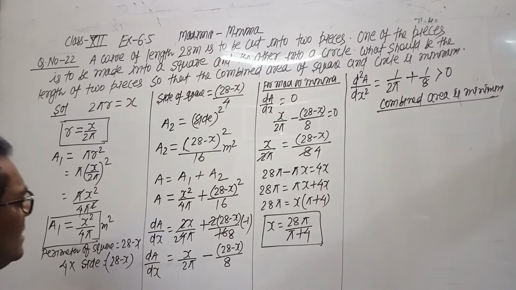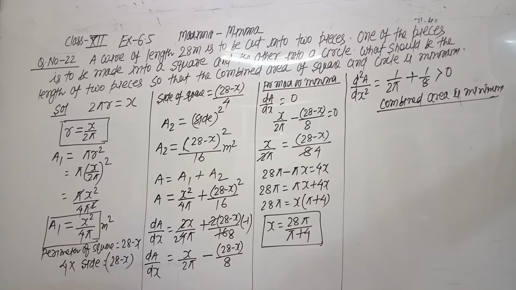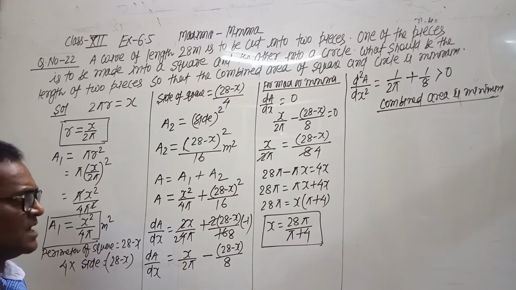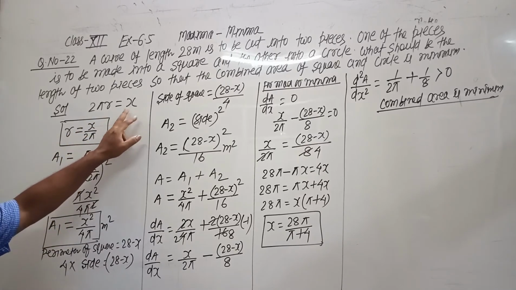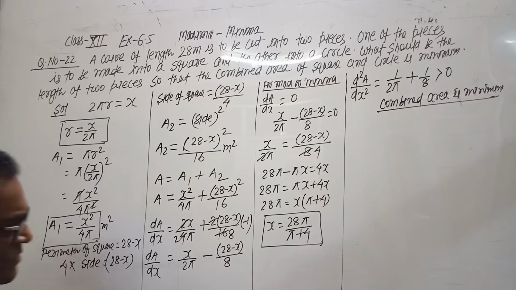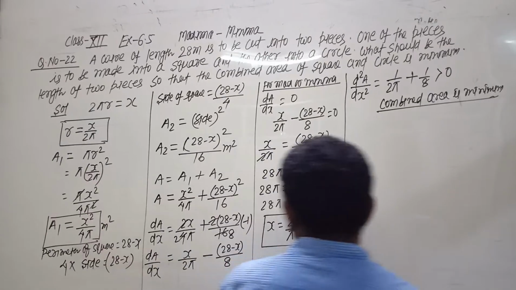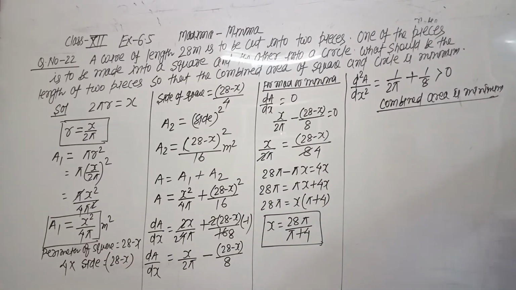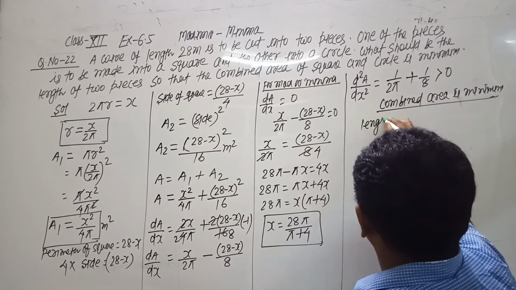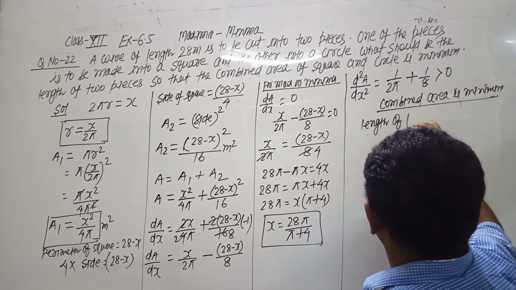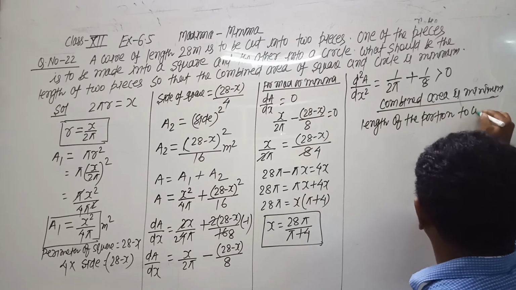Now we have calculated the side x. What was the x? x was the length of the portion used for the circle. So the length of the portion AC is 28π upon π plus 4. Now the remaining length of the portion